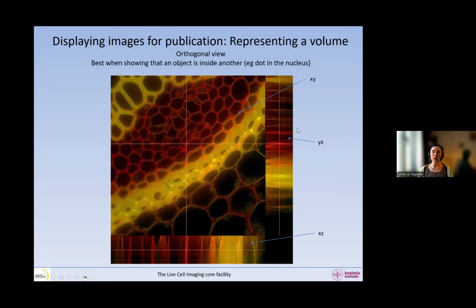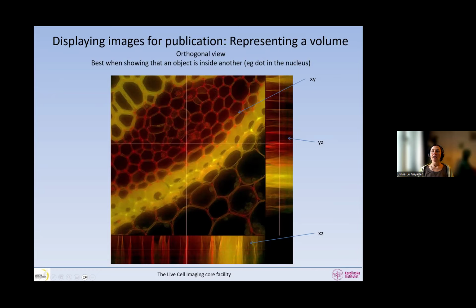And which plane it is, the place where this bar is located. By default, if you click on that view in your software, it will come up to the middle of your stack. But that might not be the place where you want it to be. So in your software, you can move this bar up and down, and this image will change. The rest will not change, but this image will change because the image displayed here will be the one where the bar is.